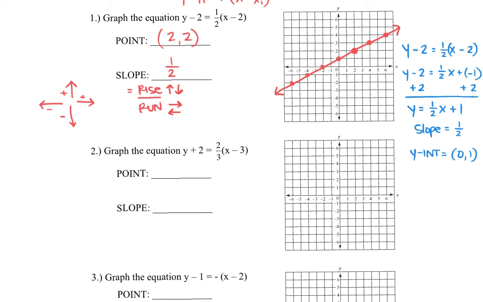And if I were to graph this, I would put the y-intercept at 0, 1. I'd go up 1 over 2, and what you can see is that those points obviously are on the exact same line. So it doesn't matter if you use point-slope form or slope-intercept form, this equation corresponds to the same